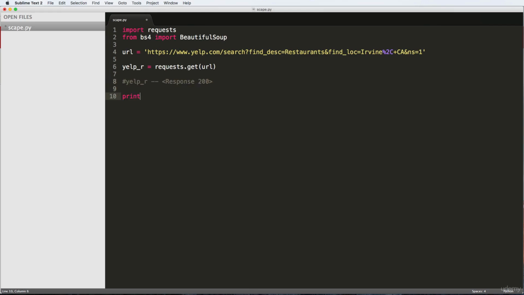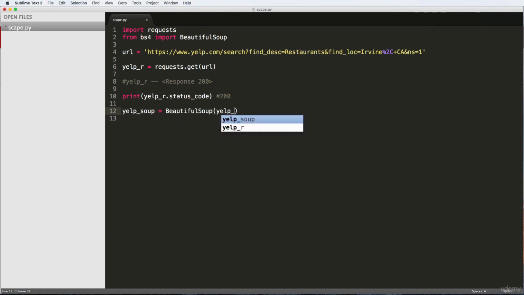But what we want to do actually is print out yelp_r.status_code, and that should equal 200. Again, unless you don't have an internet connection or the server's down or something like that with the actual URL. So once we have that, we can now turn this into what's called pretty text, making it look better and better formatted. So we'll call it yelp_soup equals BeautifulSoup, and we're taking yelp_r.text, and then we're going to do